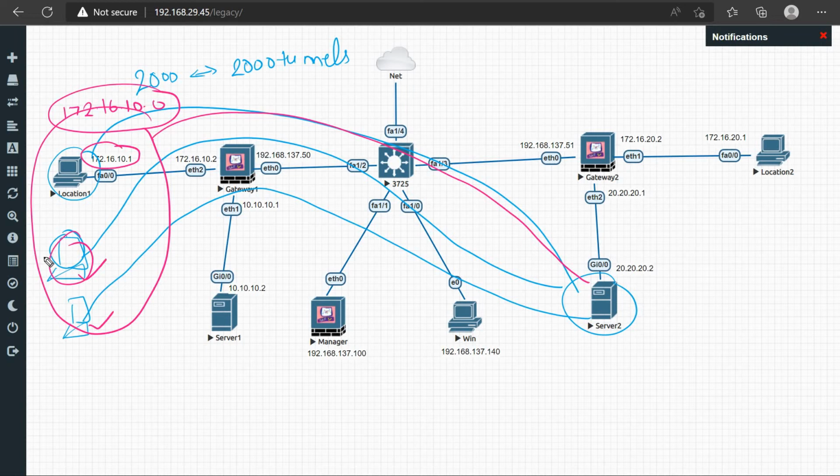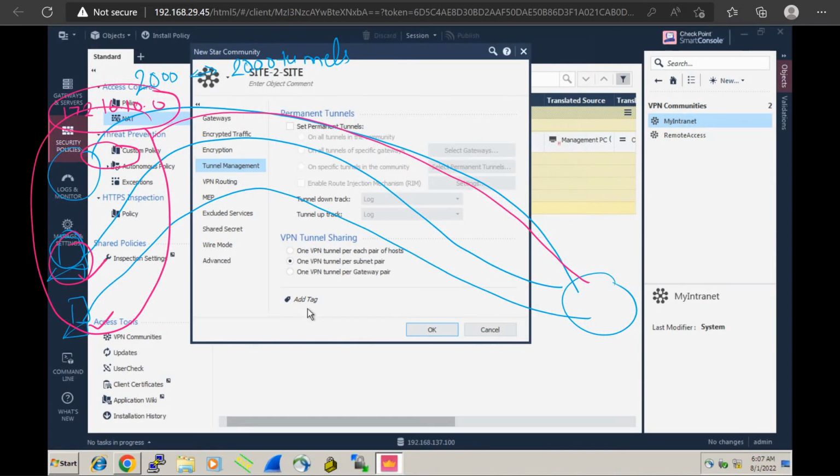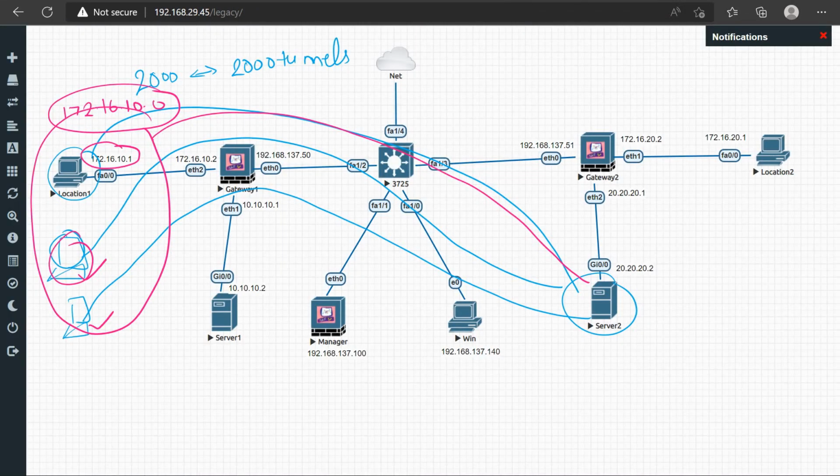Let us check the third option. What is the third option? The third option is one VPN tunnel per gateway pair. One gateway pair means that totally